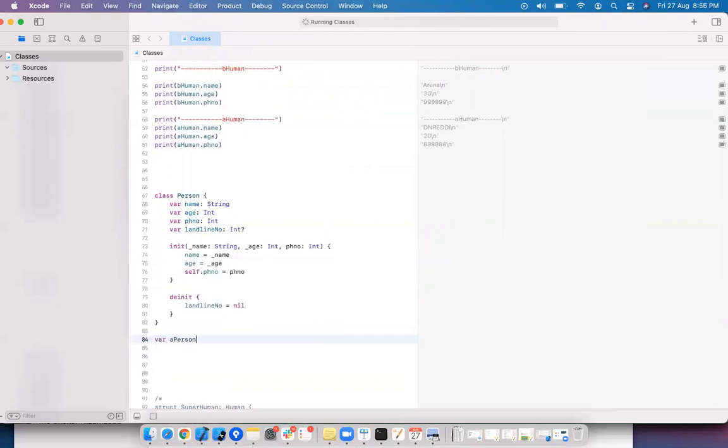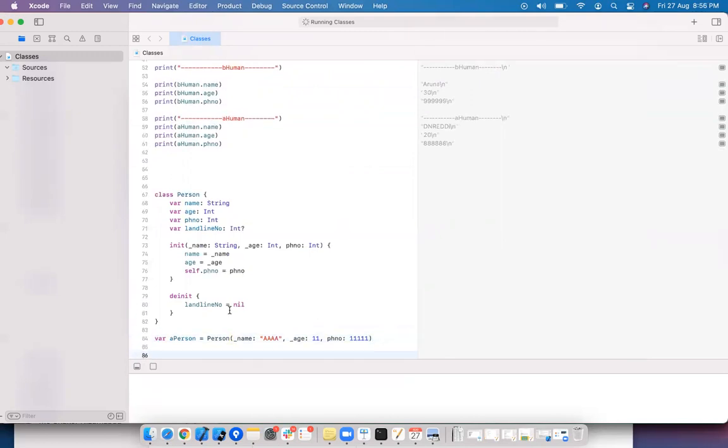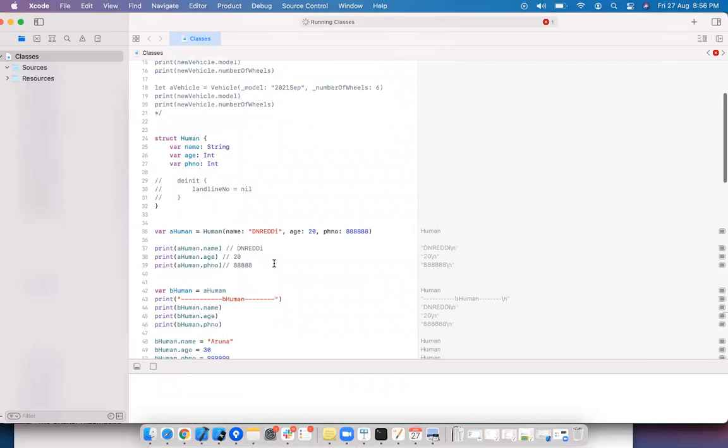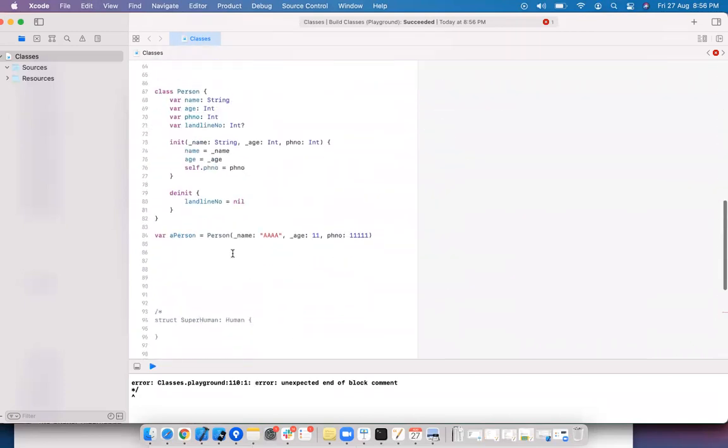A person equal to Person of, we're having name, let's say AAA and 11 and 1111. Here, A person name, A person age, A person phone number.